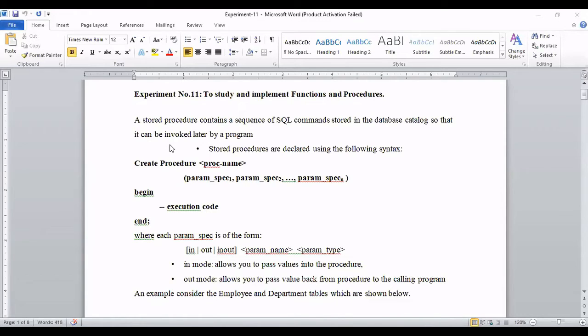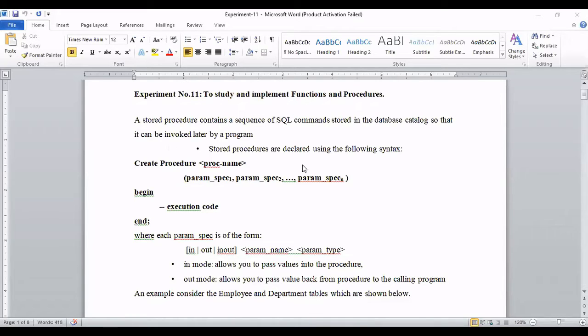One time only we write it, and many times we do the same task. This is like any function. If anybody asks why you are using a function, this is the benefit: reusability of code. If this feature is not there, for example, 100 users want to check a particular employee and delete. If one user requires two queries, then 100 users require 200 queries. It means two queries are repeating 100 times. So if you keep these two queries in a procedure, then we only need to call this procedure. No need to write these two queries 100 times.